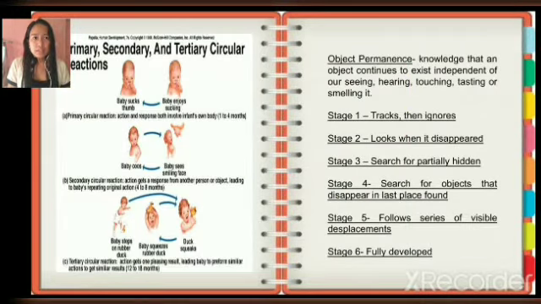So here is a picture or a diagram representing the primary, secondary, and tertiary circular reaction. So in the first picture, the baby sucks his thumb. And right after he sucks his thumb, he enjoys sucking his thumb. That's why he continues sucking his thumb. That is what we call the primary circular reaction, where an action and the response involve the baby's or the